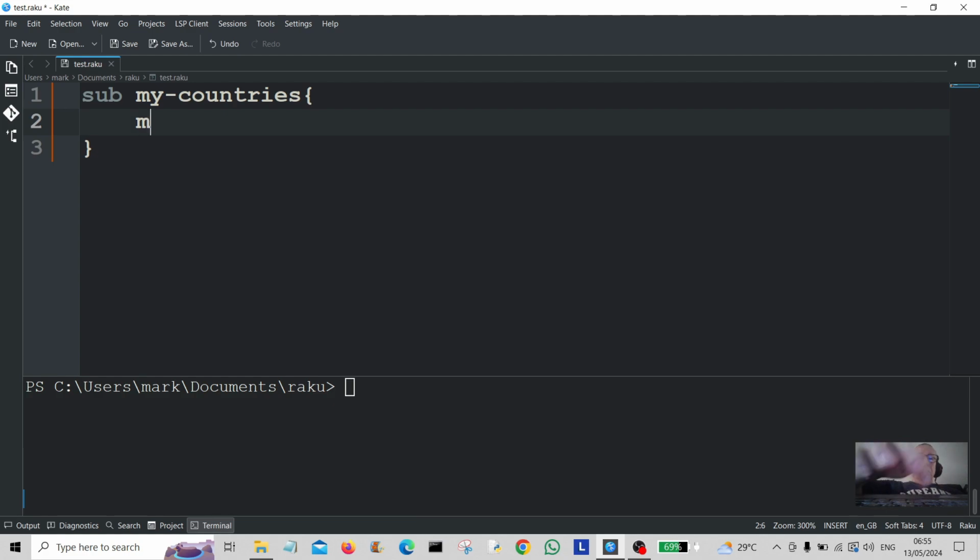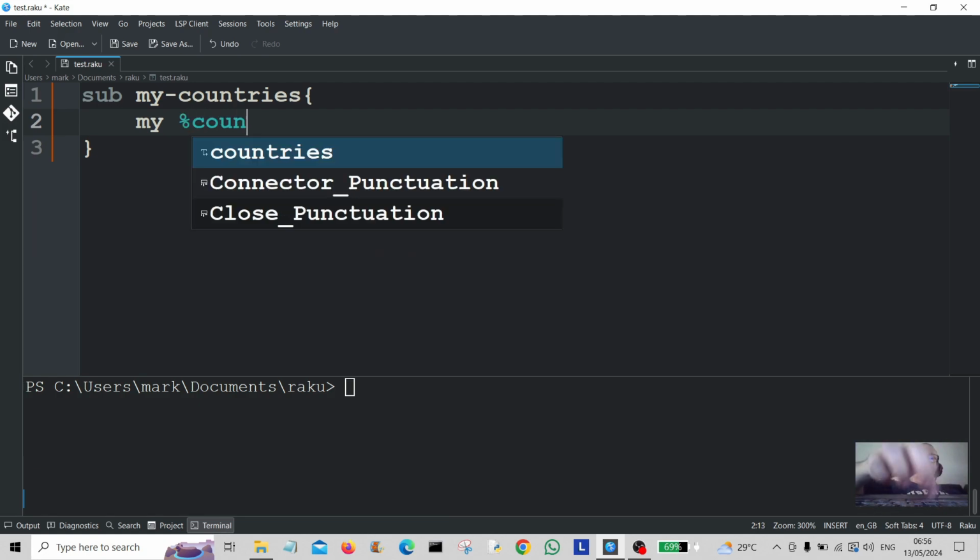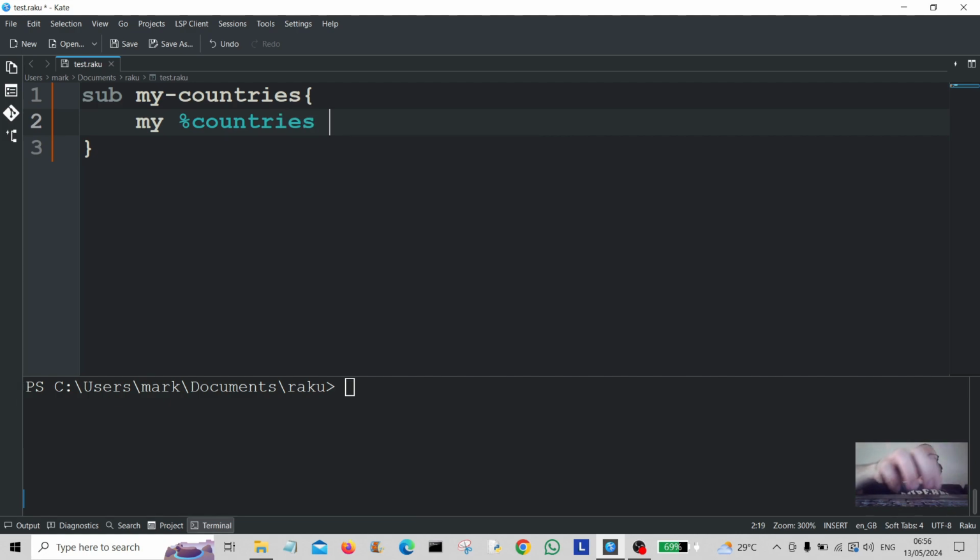Right, so my create it's wrong. There we go, use that sigil for the hash. So countries, and we're going to assign that to, let's say, UK. And the language there is going to be English,